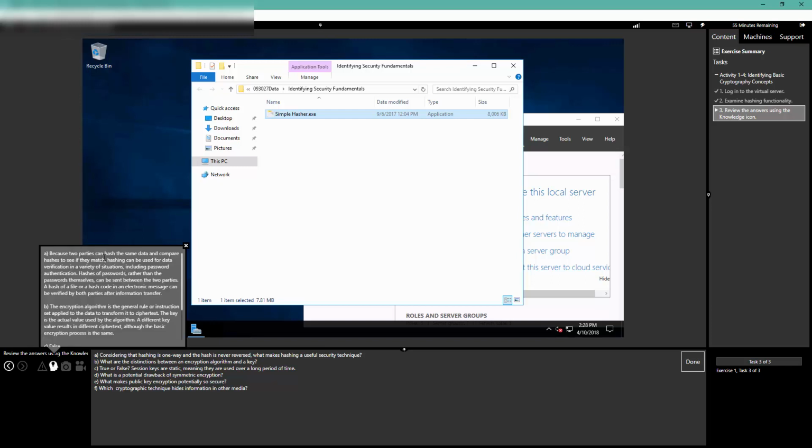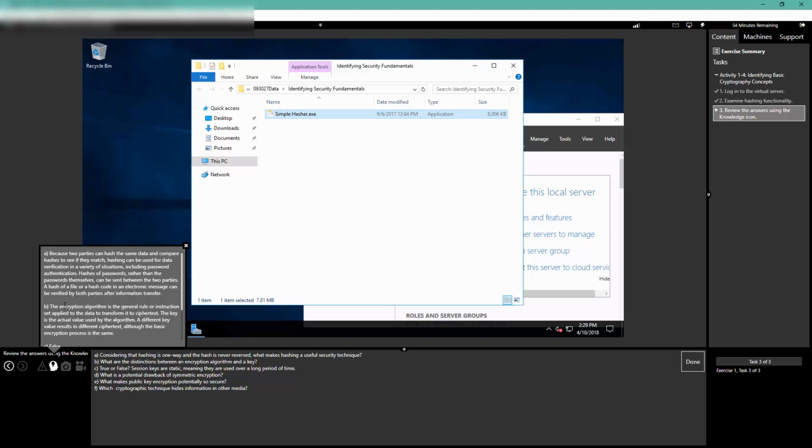Because two parties can hash the same data and compare hashes to see if they match, hashing can be used for data verification in a variety of situations, including password authentication. Hashes of passwords, rather than the passwords themselves, can be sent between the two parties. A hash of a file or a hash code in an electronic message can be verified by both parties after